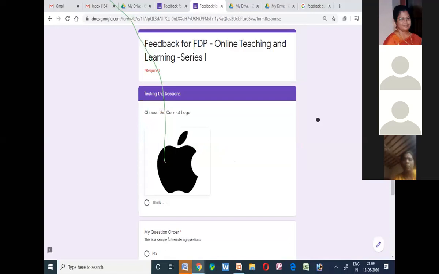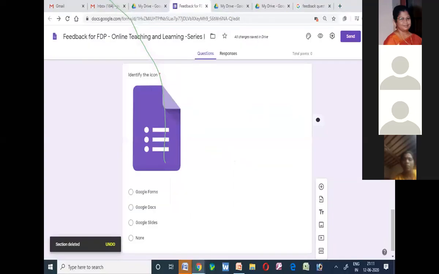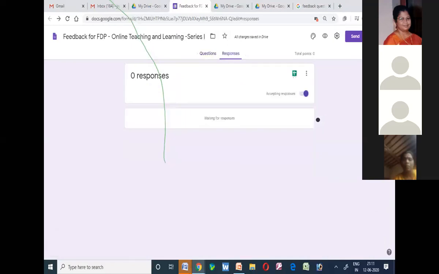Suppose you give all the answers and press next, it moves to the second section. You can see the testing session as the second session. In the second session, you will be listed with all the questions, and you will have two buttons. One is the back button and another one is the next button. The back button is going to move you to the first session, and the next button to the next section. If you have a third session, it moves on to the next session. So your questions would be like this.